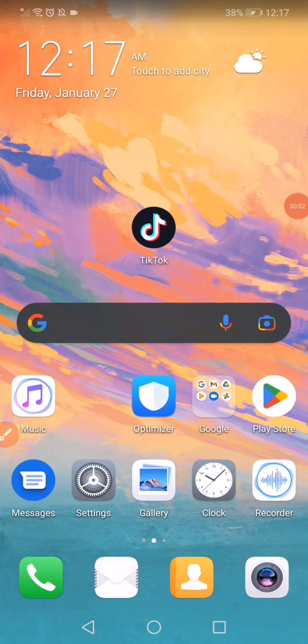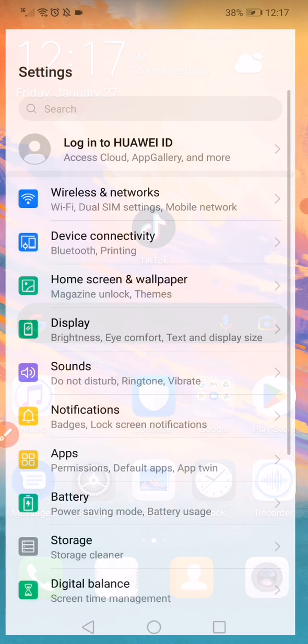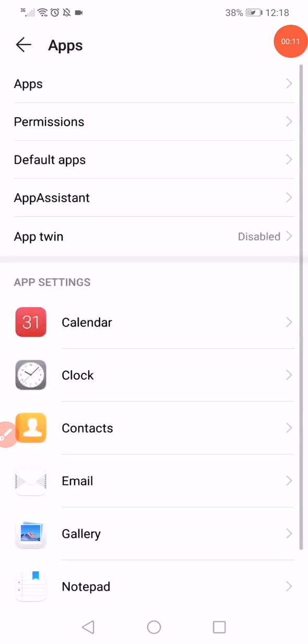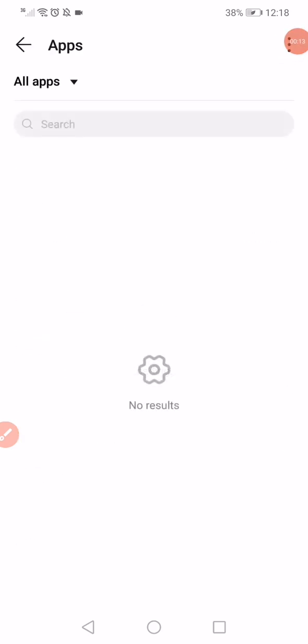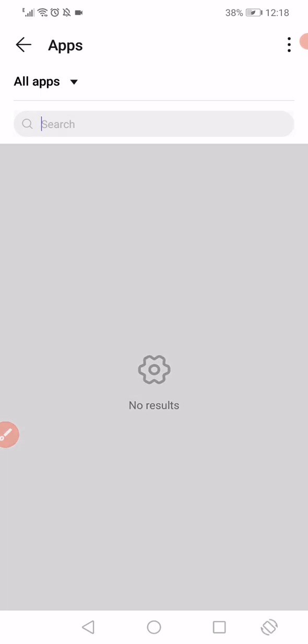How to solve TikTok not working. First thing guys, open the settings and then go to the apps manager. When you open the apps here on this page, you will find every app you have on your phone. So all what you want to do is just wait a few seconds and then scroll, or just go to